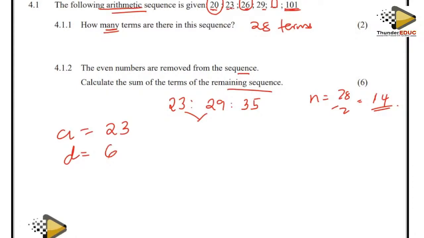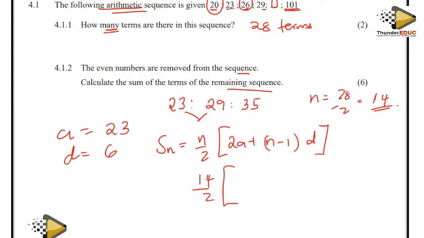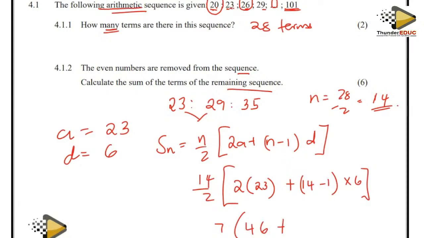Then since it is still arithmetic, we get to the sum of an arithmetic series. We said it's n over 2 into 2a plus n minus 1 into d. The number of terms, we said, is 14. So that is 14 over 2, open brackets, 2 times 23, plus the number of terms, 14 minus 1, and then we're multiplying it by 6. We know that 14 over 2 is 7. Then 2 times 23 is 46, and 14 minus 1 is 13. And then when we multiply it by 6, we end up with